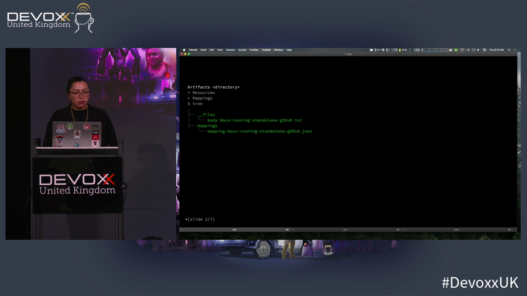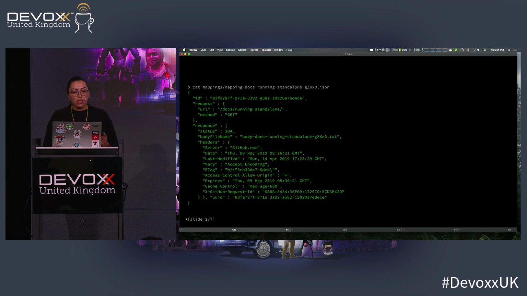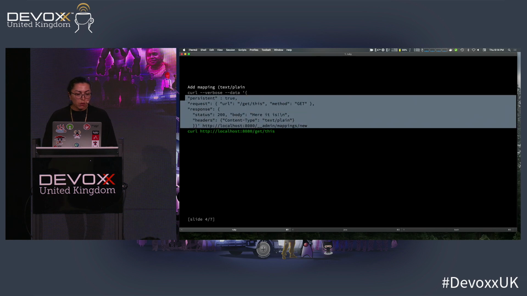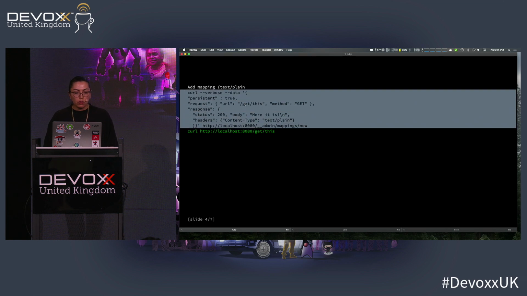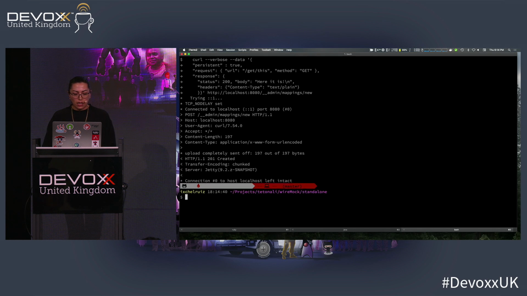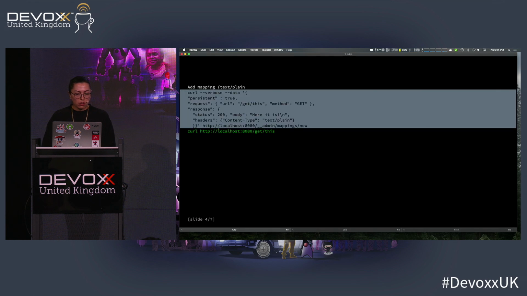I already explained a little bit that we will have the files and the mappings created when you are recording the proxy. This is how a request actually looks like. And for example, if we want to start creating our own mappings, it's really simple. Right now I'm going to create one that is going to be listening on the path get this, and it's going to return a simple plain text in the body. So if I do that here, and then I do the request with curl,